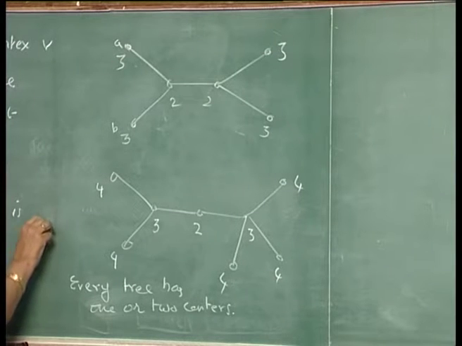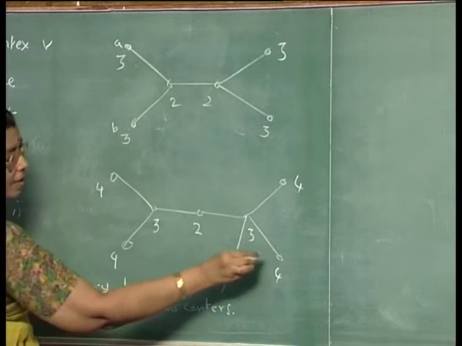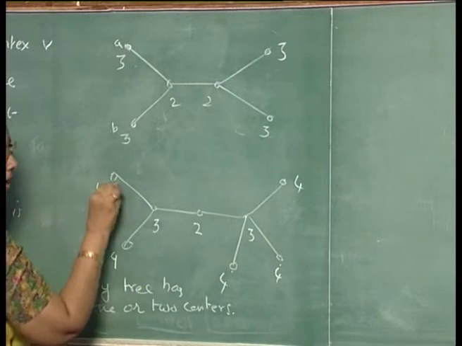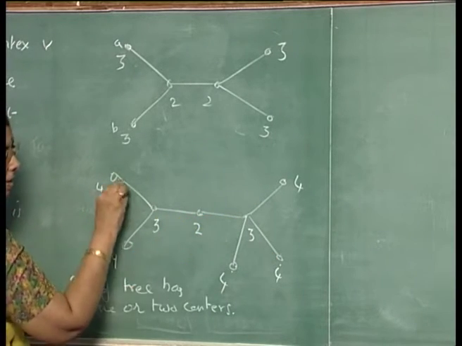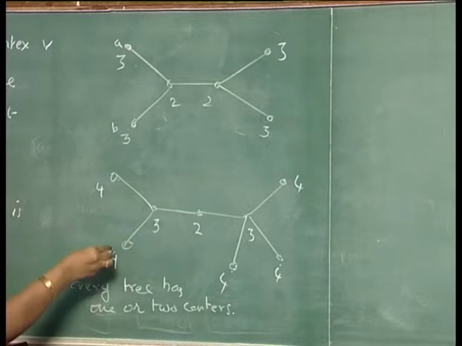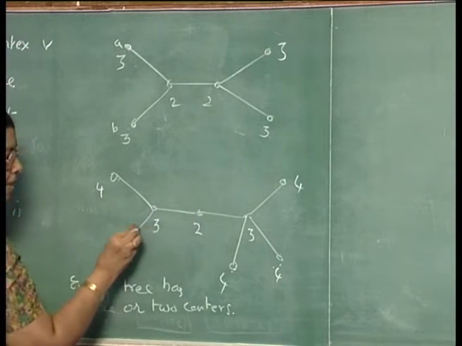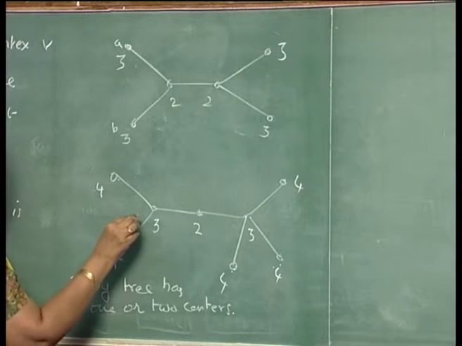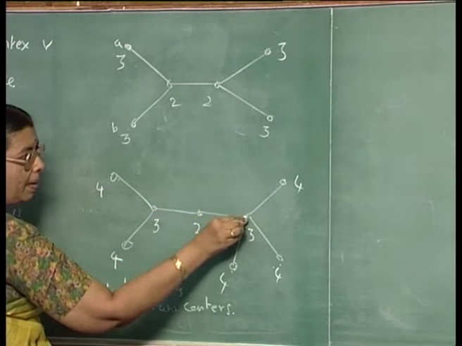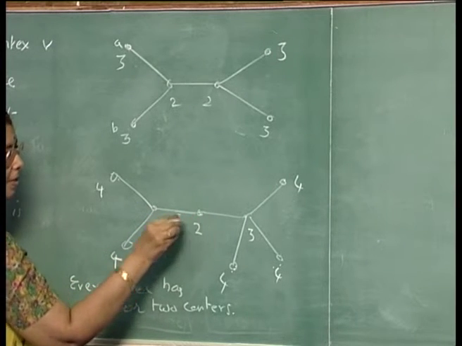And similarly, if you look at this graph, for this node, the farthest node is this, this or this, and the length of the path, or the distance, is 4. So, the eccentricity is 4 here, and in a similar manner the eccentricities are 4 in these cases. The eccentricity will be 3 here, because there is a node which is at distance 3 from here, and the eccentricity of this node is 2.